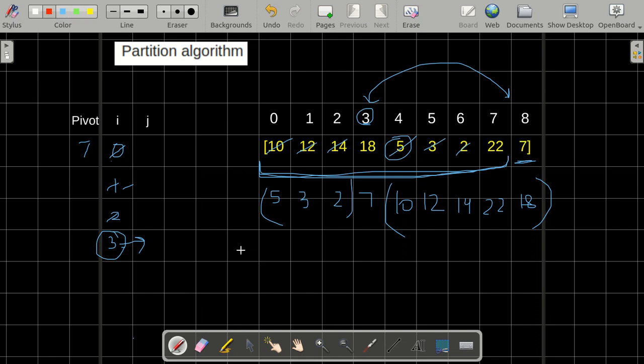Now the time complexity of our partition algorithm is of order of n, because we are traversing the array only once, and the space complexity of the partition algorithm is of order of 1, because first of all it is not a recursive algorithm, so no stack space is required, only a single function call is made, so that is of order of 1. Also we are not using any external array in order to derive our result. So it is an in place algorithm, and it is a linear algorithm, which runs in order of n.